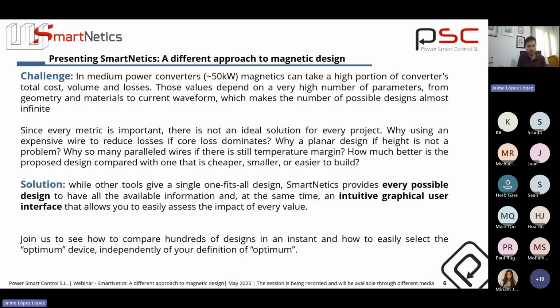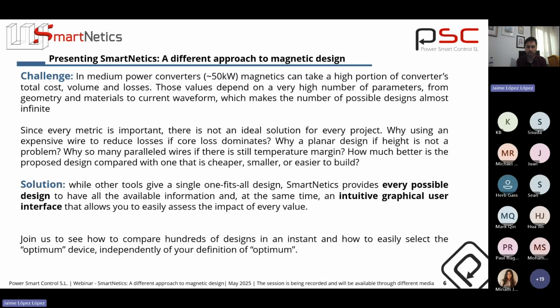The challenge we faced when we were designing our own magnetics, because this software doesn't come from the selling point of view. It comes from our own necessity to build our own magnetics because we make the whole power converter. So we are making converters in the range of some kilowatts, 5 kilowatts, 15, 50, up to 100 kilowatts. And we were facing the problem on how to design the magnetic components. Because in general, transistors or capacitors, you can just buy them because there's a very wide range of devices, and you can select one that really fits your specification.